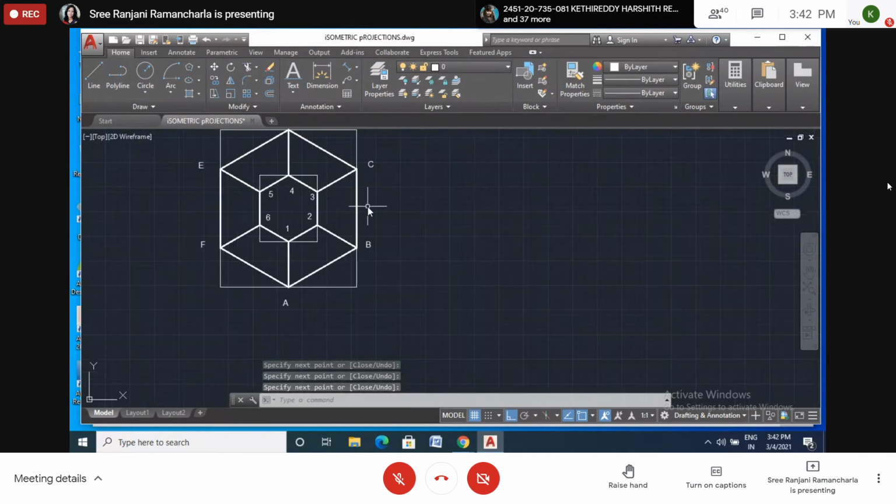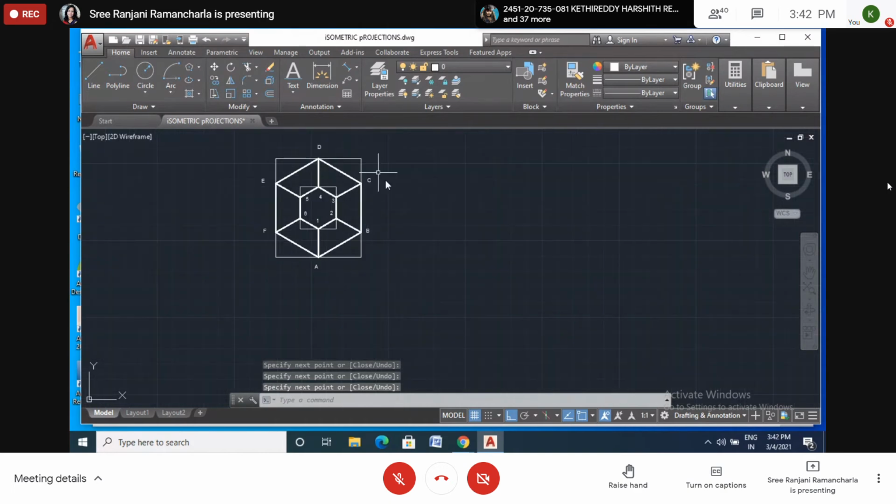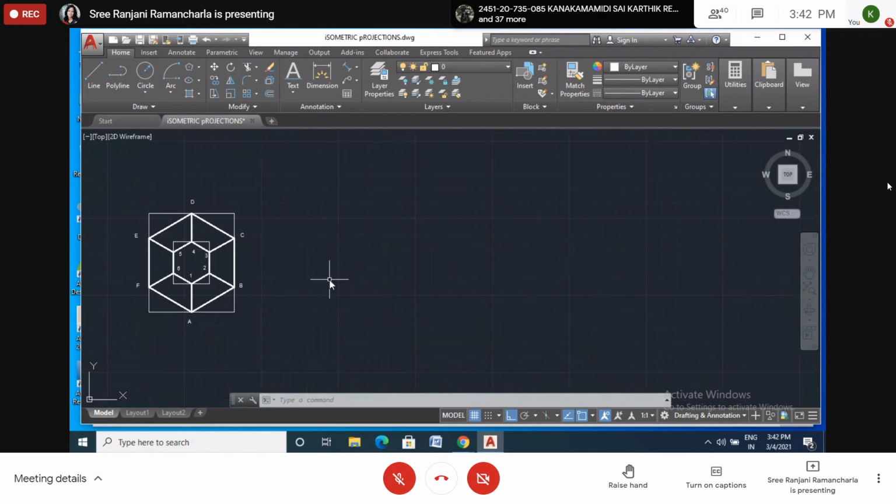Yes, constructed. Now we have drawn everything in the top view. When we see the truncated pyramid of regular hexagon, it will be seen like this. Now we have to draw the isometric projection.